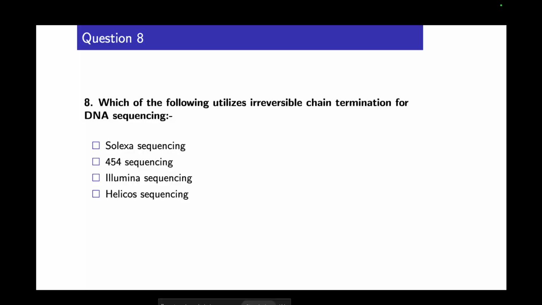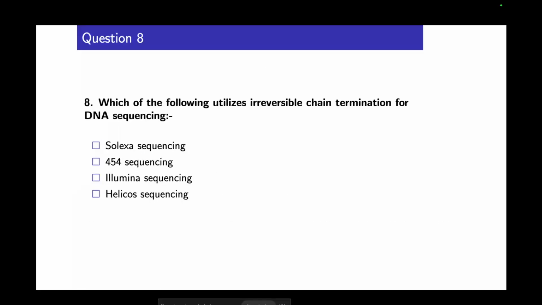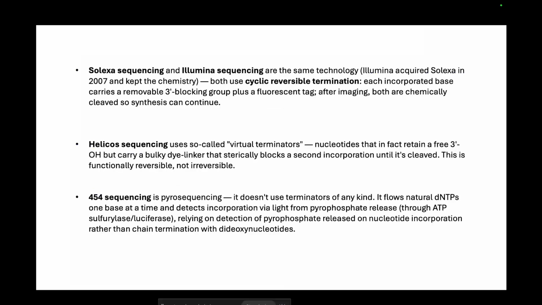Yeah, this question, before you answer, I think I should discuss the answer of this because this is a tricky question, in terms of this question is fully not correct. So in the assignment page, the answer given is I think 454. But the question is irreversible chain termination for DNA sequencing, which actually is not used in any of these four. But the answer given is 454 in the assignment page. But I just want you to know that